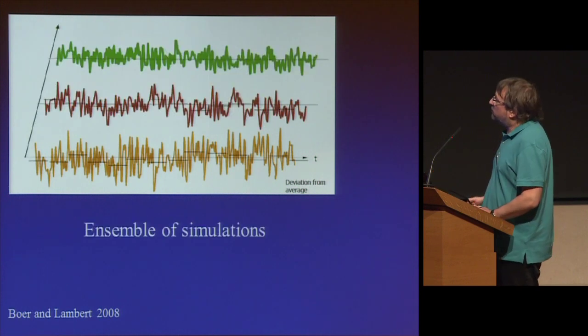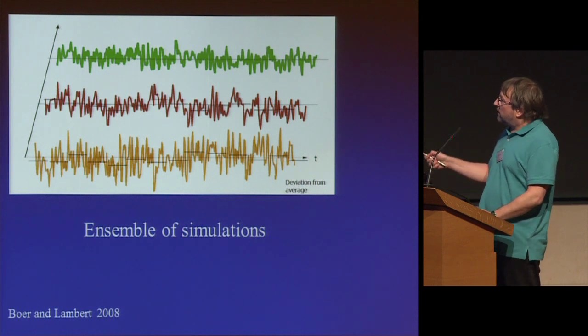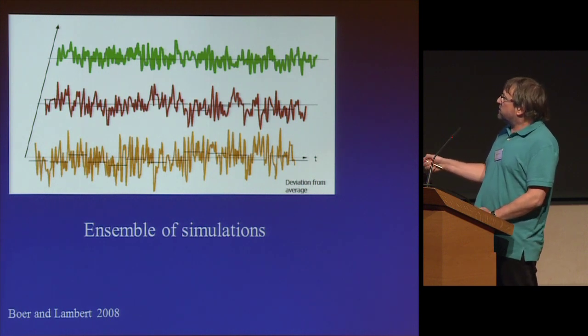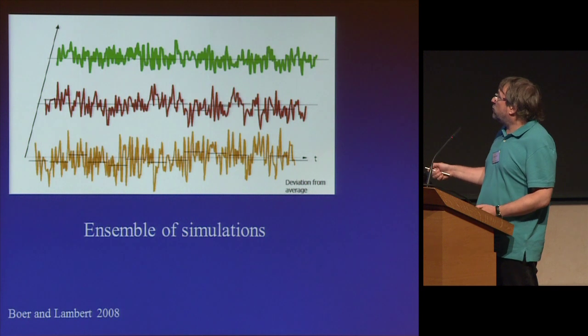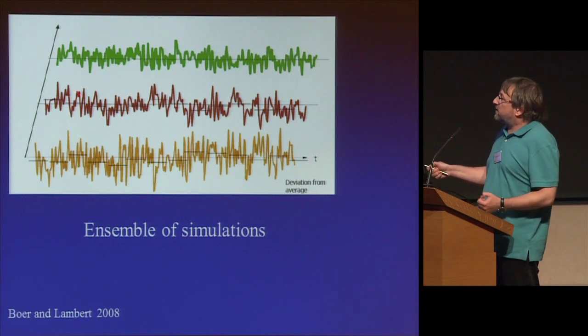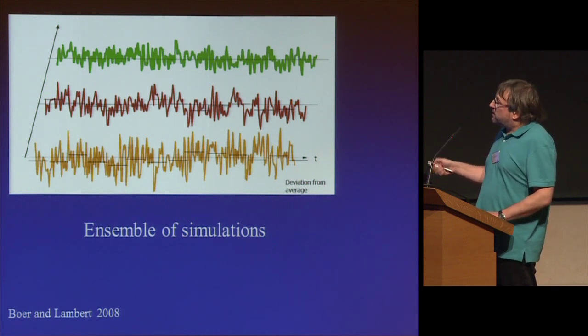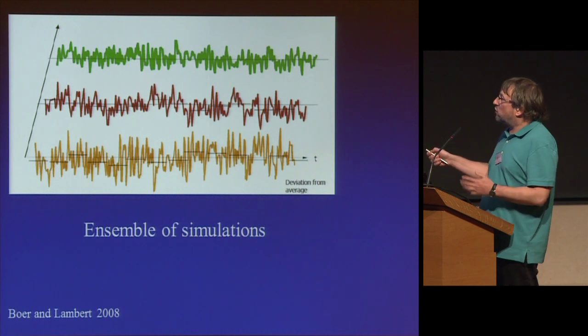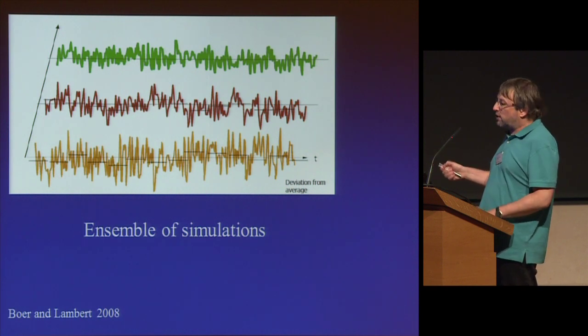And in addition, if you imagine that you have several simulations of the same period using the same models, but starting from slightly different initial conditions or slightly different parameters in the model or whatever,